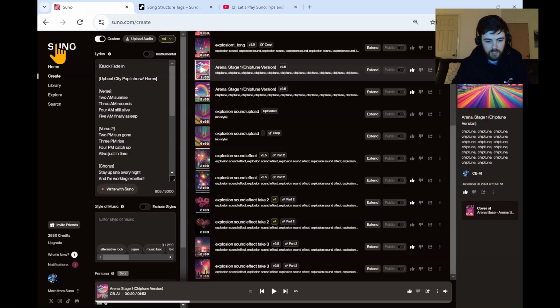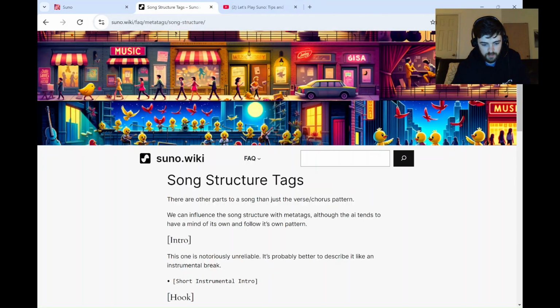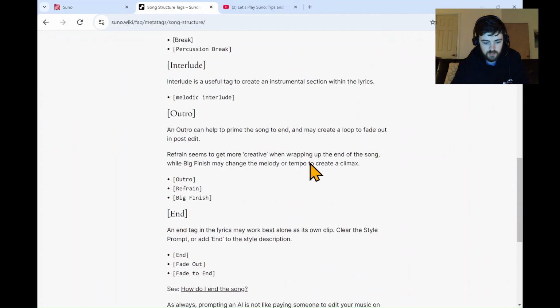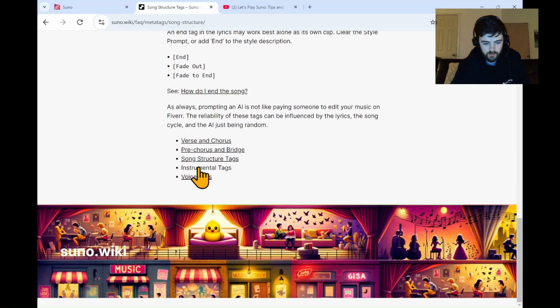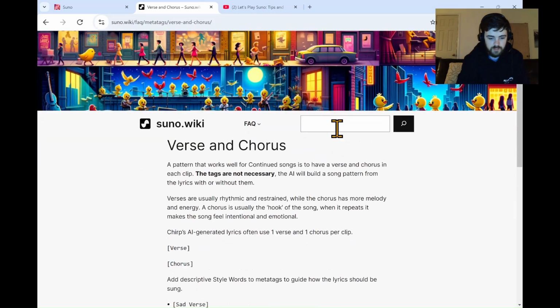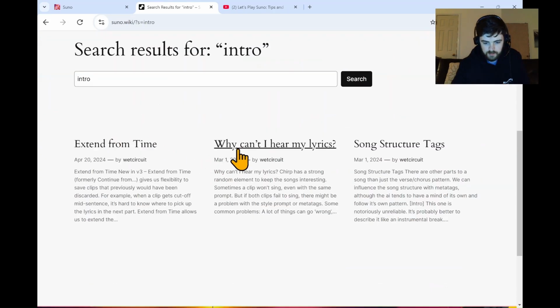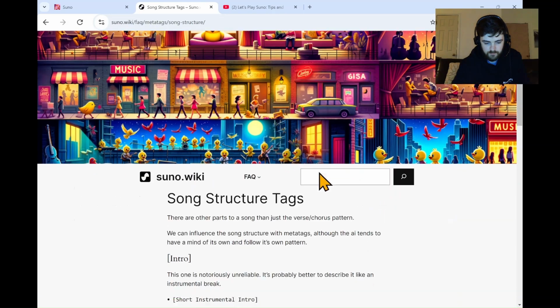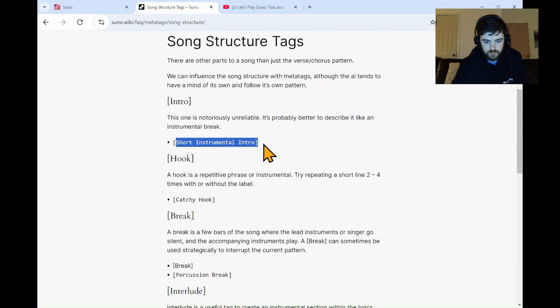I think fade in is one word. We can actually see if it tells us here. Checking into the Suno wiki here. I bet I could even search it. Let me see if it gives me intro. Short instrumental intro.